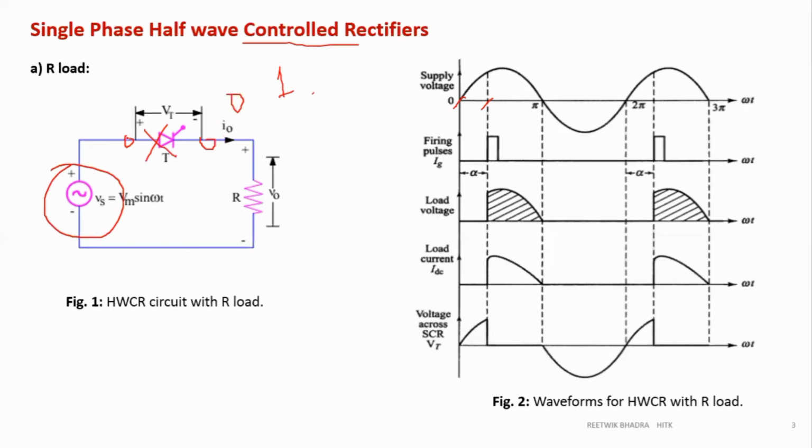So at this point you will have a potential 0. At this point you will have a potential Vs. So what will be Vt? Vt is equal to Vs minus 0, that is Vs. So the first method is just going by circuit theory. Your common concepts of KVL, KCL or potential difference, the basics of electrical engineering. So what is Vs during this portion? This small part, right? So this small part I am drawing over here. Next, from alpha to pi.